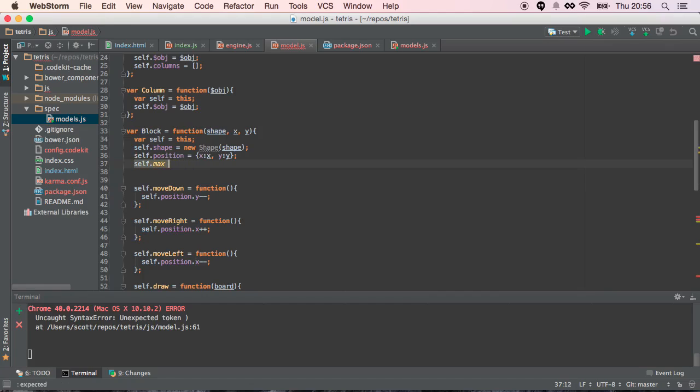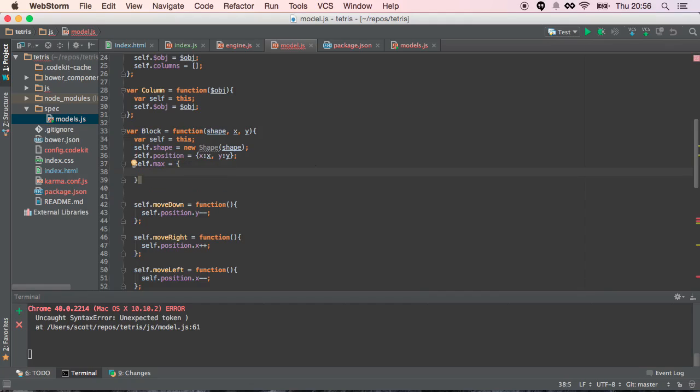What I'd like to do is max equals and then give it an x and a y, kind of using the same type syntax that we were using before. So now I can do x is a function which, x is not a function. Well, x is equal to